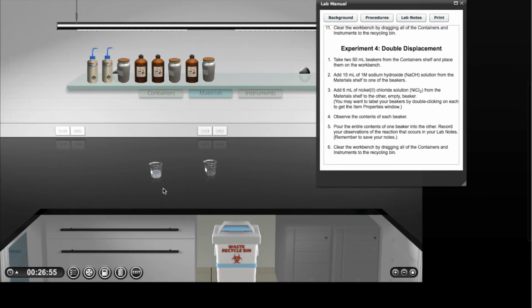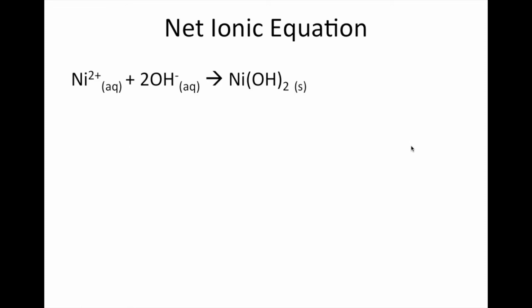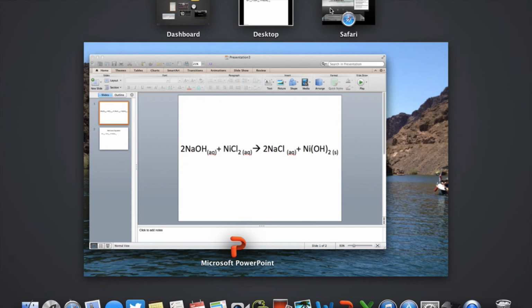When we go to our balanced chemical equation, we see that 2 moles of sodium hydroxide plus nickel chloride will yield 2 moles of sodium chloride plus 1 mole of nickel hydroxide, a solid. So when we look at our net ionic equation, the nickel plus the hydroxide is going to yield nickel hydroxide as a solid. So this is a precipitation reaction because from our solubility rules we know that nickel hydroxide does